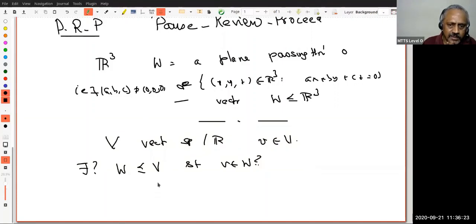What we want is somewhat economical. That is, it should contain the vector v, but it should not contain too many other elements. In some sense, the smallest vector subspace which contains v. We will explain that as we go along. Try to understand. Now what we want to do is, as we did earlier, suppose such a W exists, we work backwards.